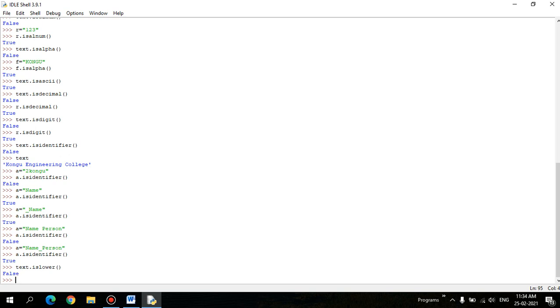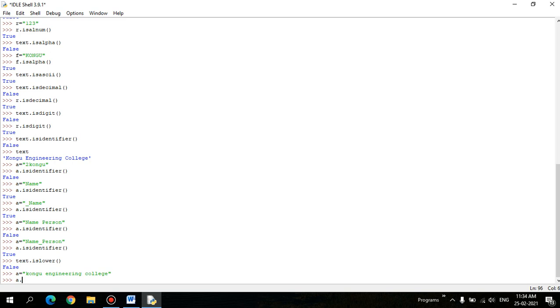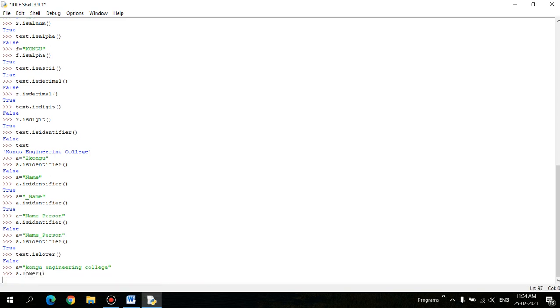Let's check some good examples, right? Let's take a equal to, so I'm going to have a string, and a dot islower. It returns true or not, right?